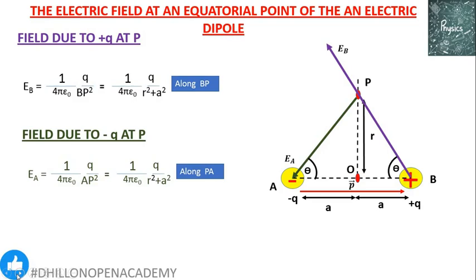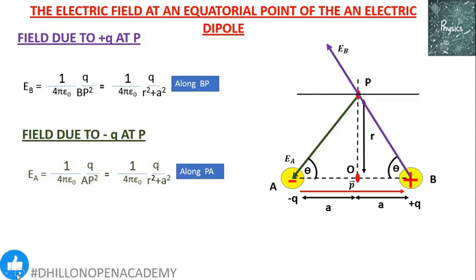That is, AP and BP are the same. So here we have two fields, same in magnitude but directed in different directions. How to find the net field? While solving problems on the superposition principle, we were finding the value of the angle between the two fields, substituting the value of EA and EB and the theta angle in the triangle of vector addition equation, and there we were solving. But in this case, theta is not available to us. So what are we going to use? We will use the vector decomposition idea.